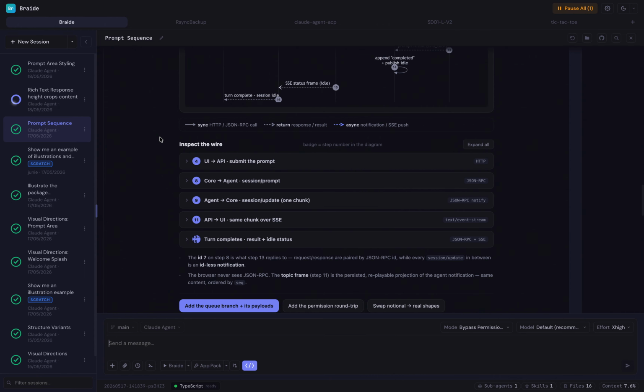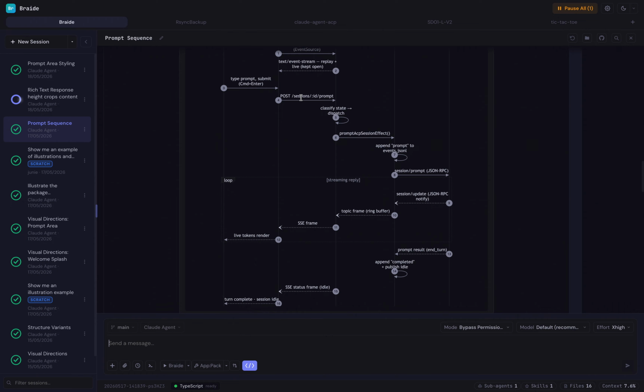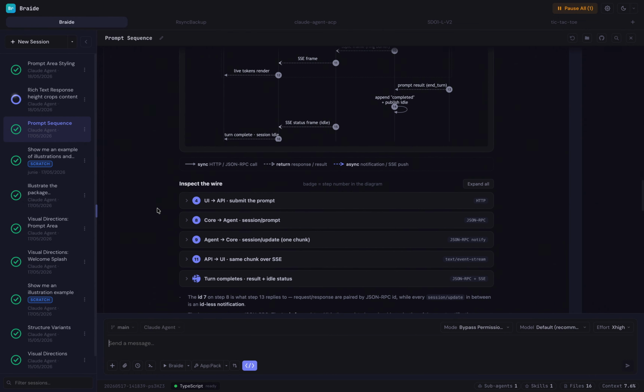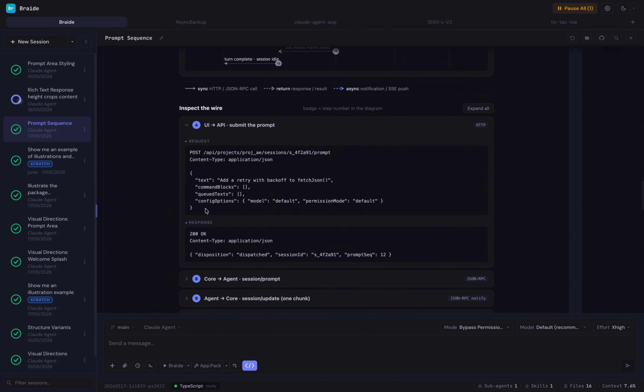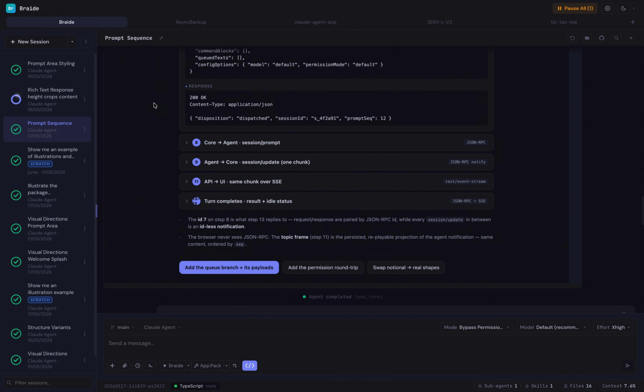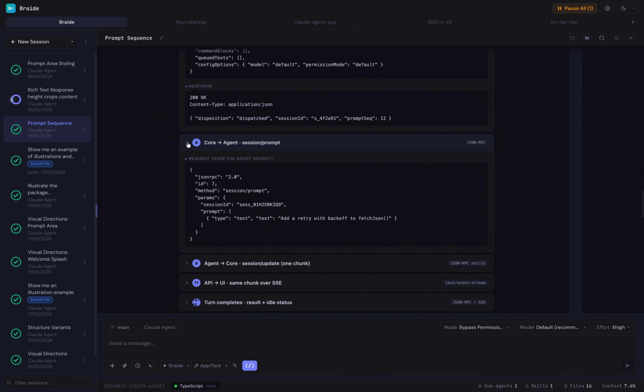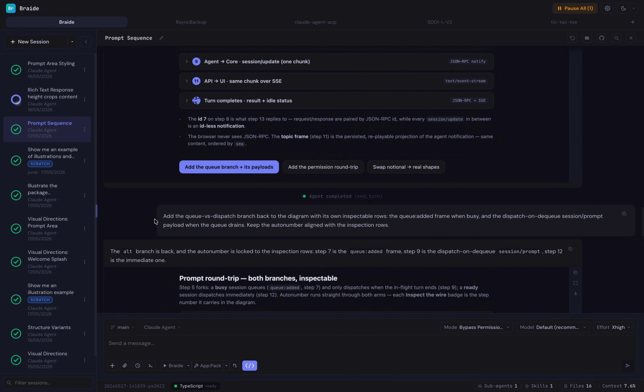So if we look at point 4, which is up here on the diagram, we can drill into that, and it shows us the actual API message, the route that gets called, and the payload for a notional request. We can see various elements of that. It chose to leave out